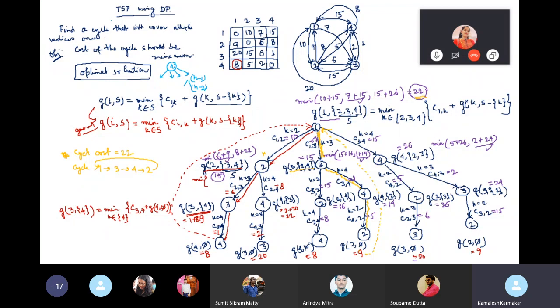So what will be the value of this? If we start from n number of vertices, n minus 1 number of choices are there in the first level. Then for each and every choice, there are n minus 2 number of choices. So total number of choices in the second level is n minus 1 into n minus 2. In third level, for each and every choice, there will be n minus 3 number of choices. In this way, it will run up to 1. So it's factorial of n minus 1.